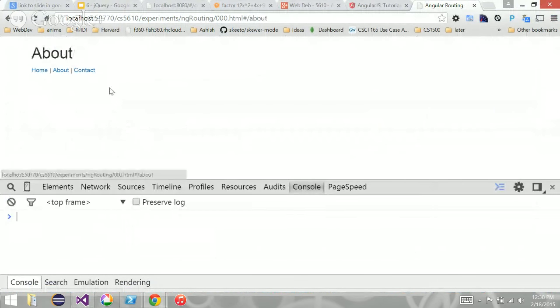I can navigate to about, and now I can navigate to each one of the contacts. So it behaves exactly like we would expect, but using single page application mechanisms instead of the classical reload the entire page mechanism. Make sense? Okay.